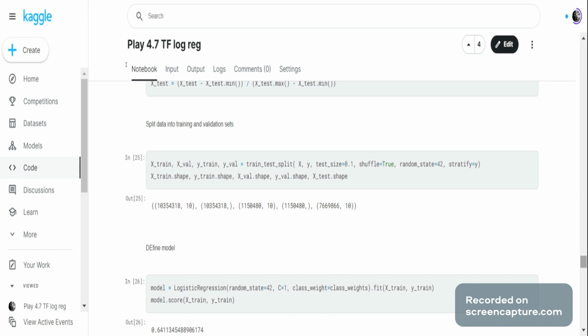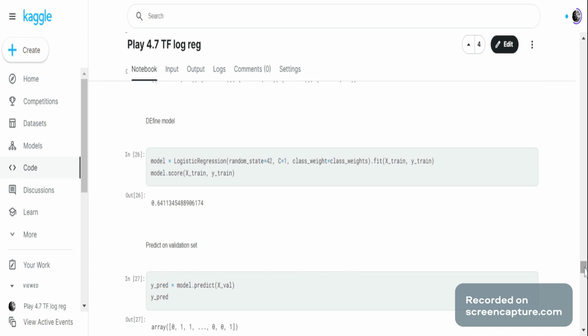After we've normalized the data, we're going to use sklearn train test split to split the data into training and validation sets, which we have done here. Now we're going to define our model using logistic regression, with random state equals 42, C equals 1, and class weight equals class weights. And we had a 64% accuracy, which wasn't that great,